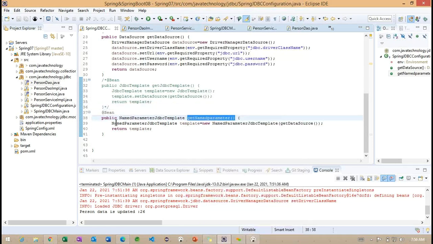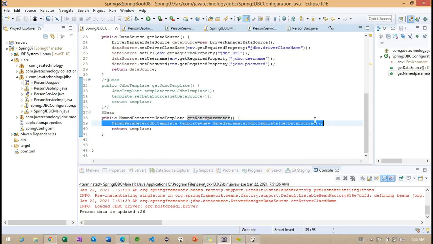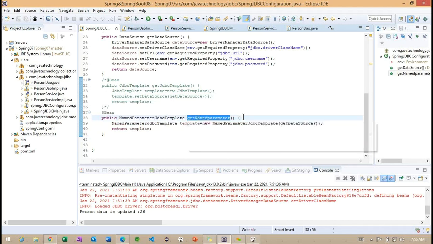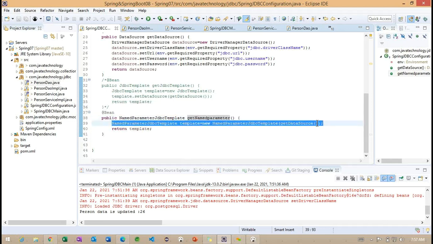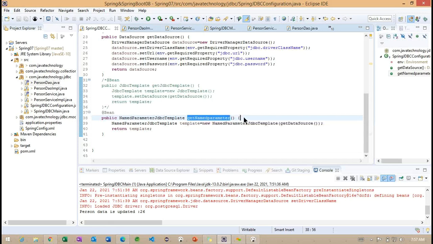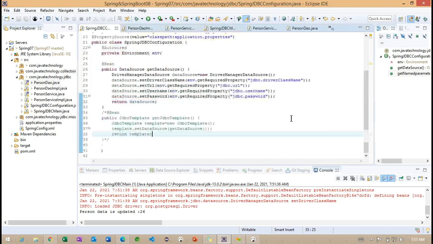In Java, whenever we call a method, only then the object is created. But here we are not calling this particular method. So who is calling? The container is calling, and whenever the container calls this method, the object will be created. Who is going to call is important: the container will call, and the container is going to inject everything, whatever dependencies we have.